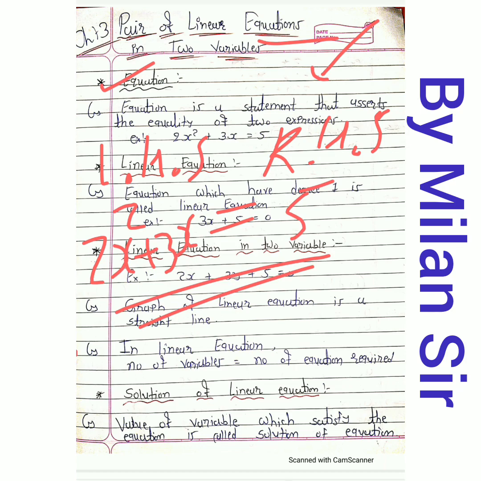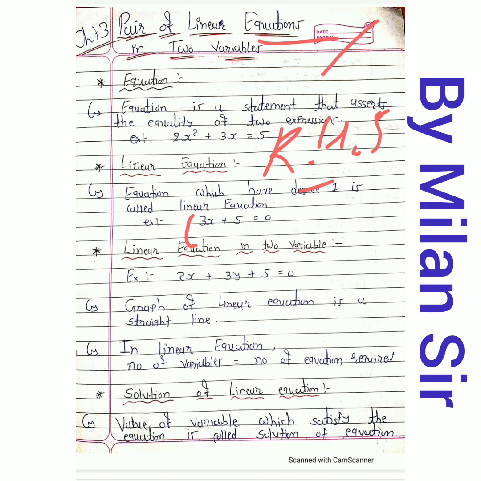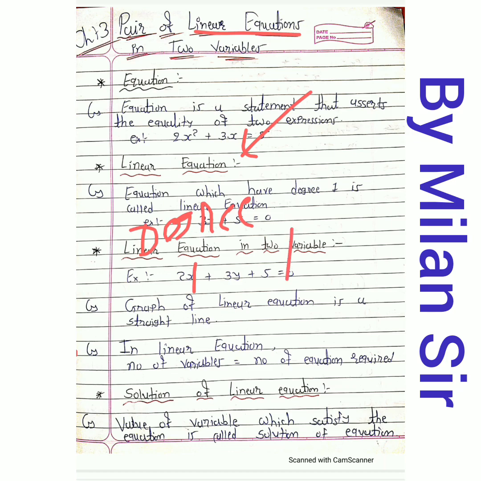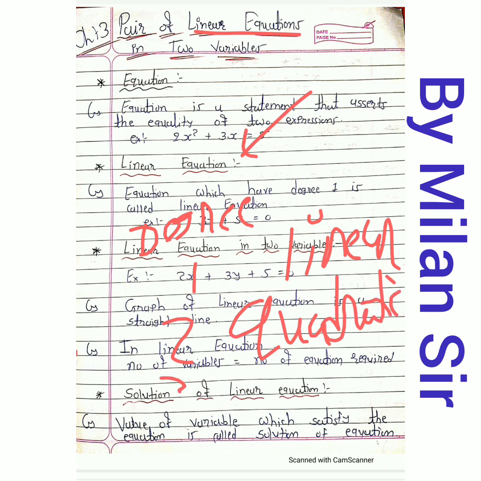After that, in the chapter name we already read it, a linear equation. So what is linear equation? We already learned this thing in the theory part of chapter 2, polynomial, right? If degree is equals to 1, it is called linear equation. If degree is 2, it is quadratic equation. Degree 3, it is called cubic equation. And degree 4, it is called polynomial of degree 4, and so on, right?